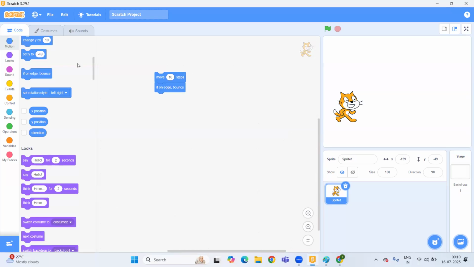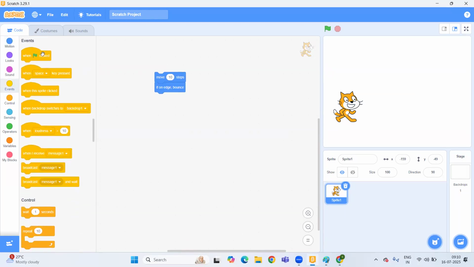Here's the event block, and here's the code block, when flag clicked. So your program will run when you click on the green flag like this. Now you can see the result. The sprite keeps moving forward, forward, forward. When it touches the edge, it bounces off and keeps moving in the new direction, right?